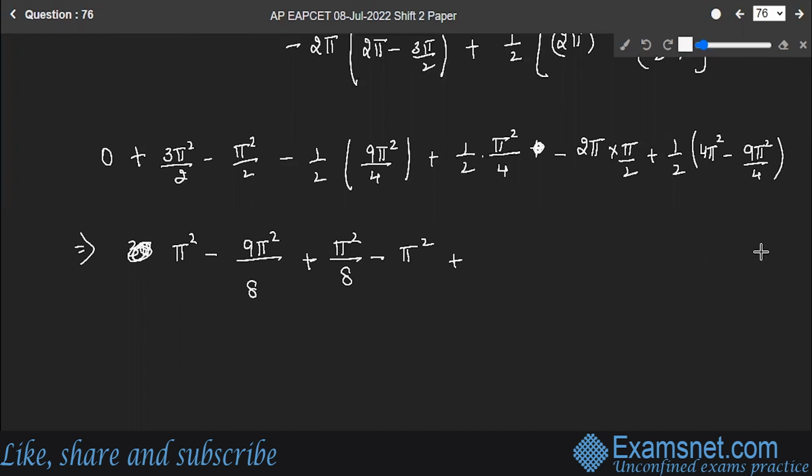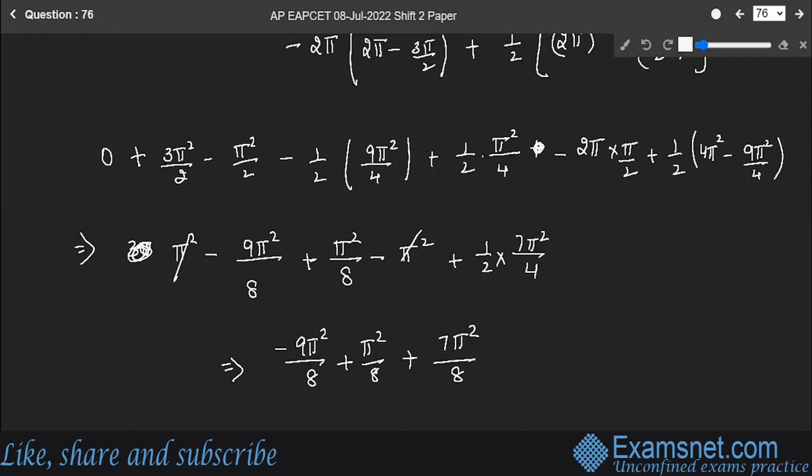This will be 16 minus 9, which is 7, so 7 pi square by 4. These two will cancel out, right? And let's take the LCM. So this is 9 pi square by 8 plus pi square by 8 plus 7 pi square by 8, which will give you